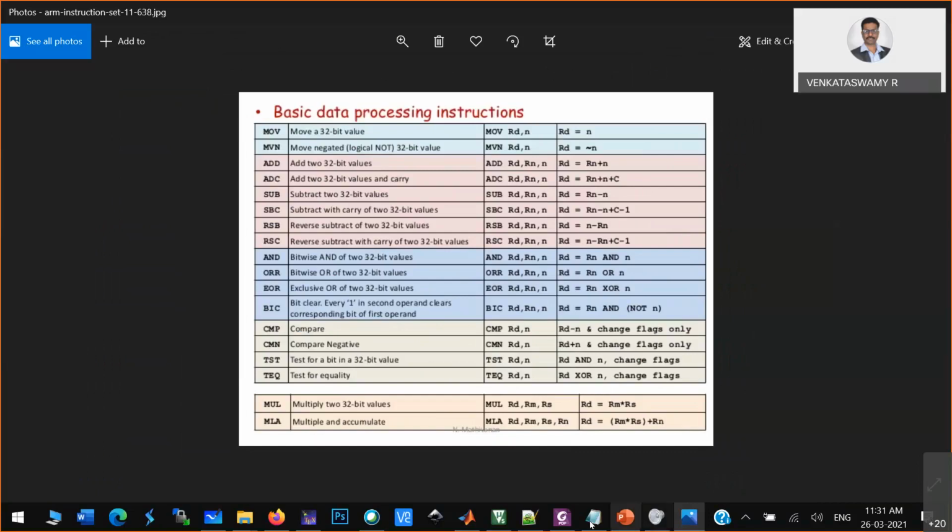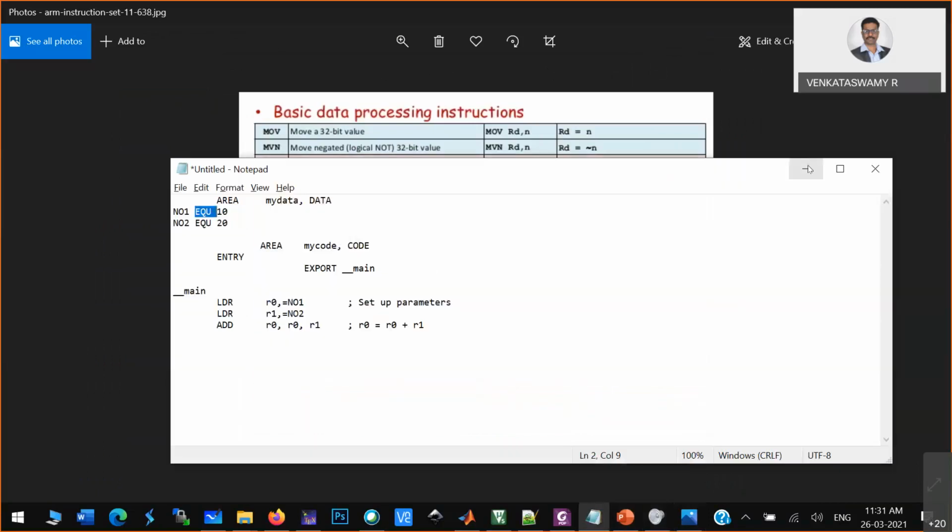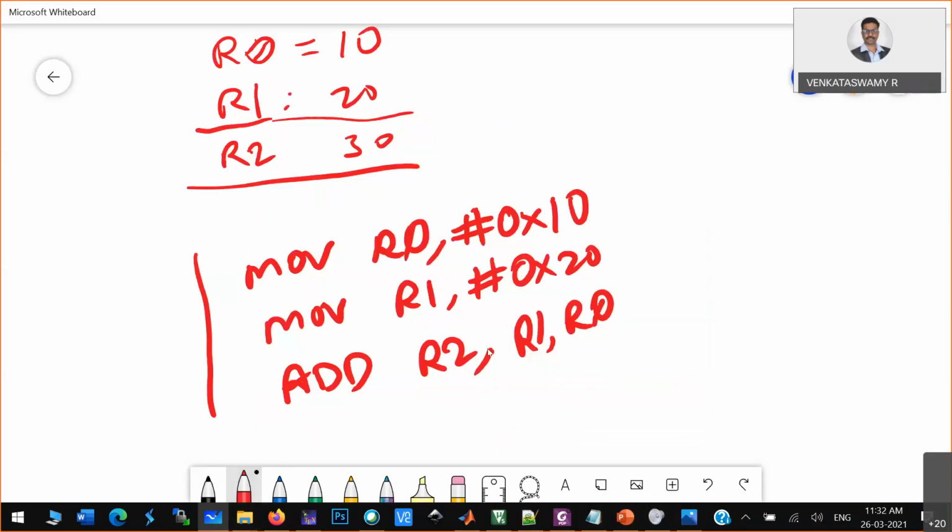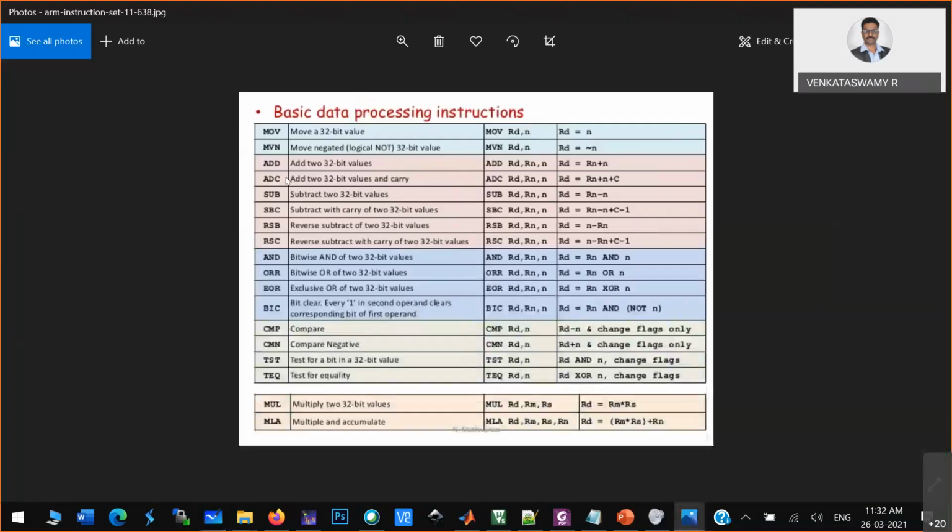Now in 8051 we know that the source and destination is basically the first register. But in this case, they have given some provision that you can pass 2 parameters and the result can be stored in the destination register. 3 parameters they are passing to the add instruction. So this program is fine now. To add 2 numbers, 2 registers present in the microcontroller, you can use these 3 instructions. Fine. So the other instructions we just have to learn.